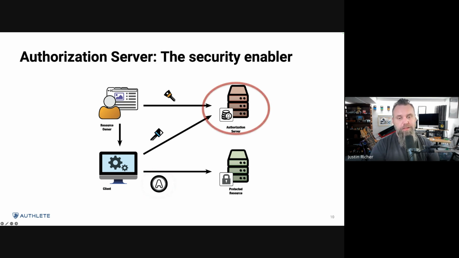OAuth does this, though, with the authorization server. The authorization server is a dedicated component that enables security for the rest of the system. And it does this by authenticating the users, authenticating the client software that's making these requests, and also by issuing these access tokens, because the authorization server is in the unique position to be able to pull together that tuple of information. It's this user, it's this software, it's this API that's being called, and pull that all down into